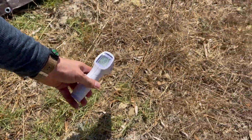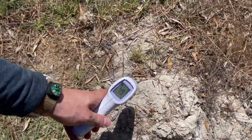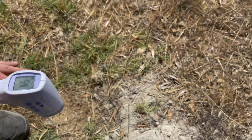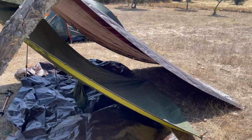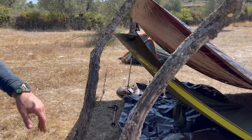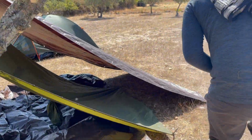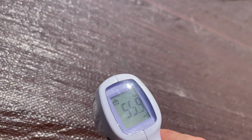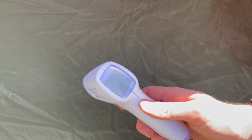49.7, let's have a reading over here. Let's get the sand next to it. 54.1, so it's averaging at around about 50 degrees, let's say. Let's do the outer skins. So this is the outer skin, 55.9 degrees. Inner skin,